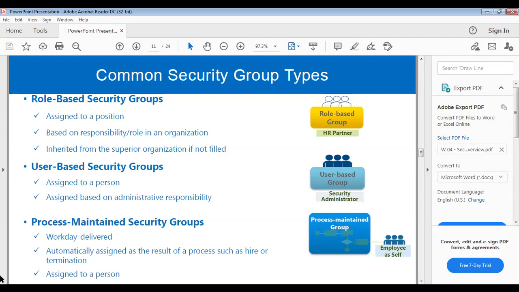Are you getting what I'm asking? I'm getting confused. When you showed different types of security groups, how is one person getting assigned to the different types of security groups, and who decides that in advance?